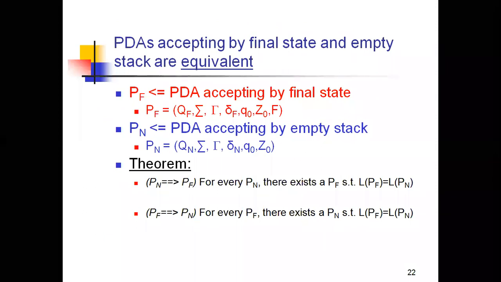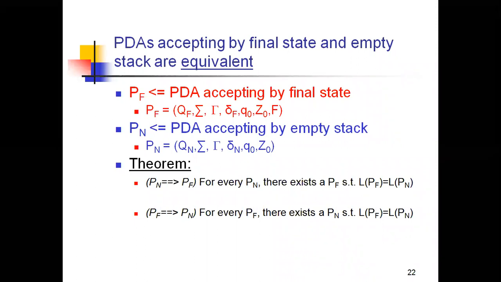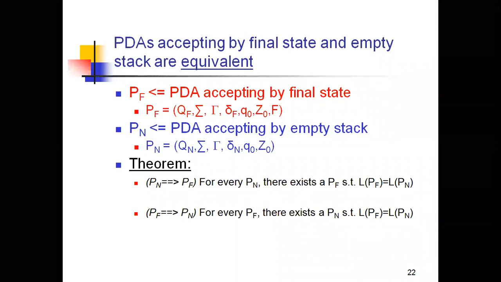And here we have another concept: whether PDAs accepting by final state and by empty stack are equivalent or not. We're showing whether both are equivalent or not. Here F denotes final state acceptance and N denotes empty stack. So PF is a PDA that accepts by final state, which can be defined with the 7 tuples like this. That is PF equals (Q, sigma, tau, delta, q0, Z0, F), where sigma is the input alphabet, tau is the stack alphabet, delta is the transition function, then q0, Z0, and F. And the same you need to define for PN, for the empty stack, right?